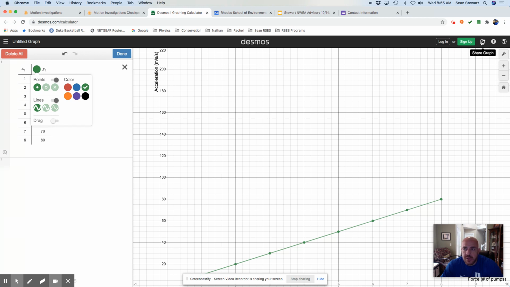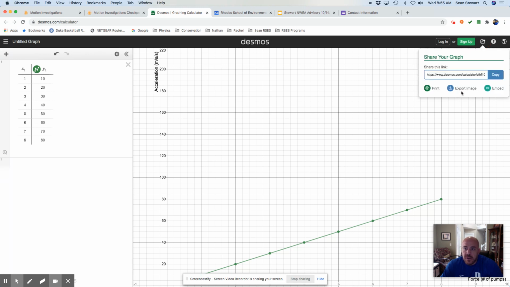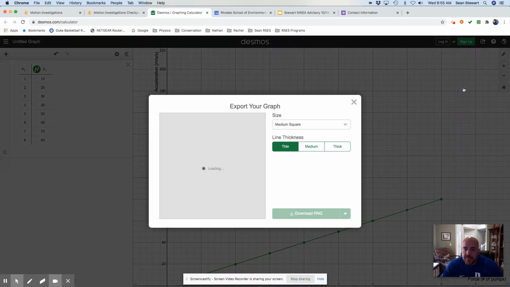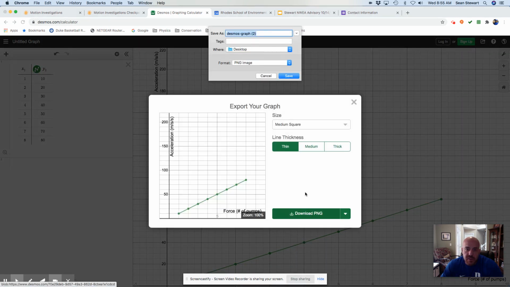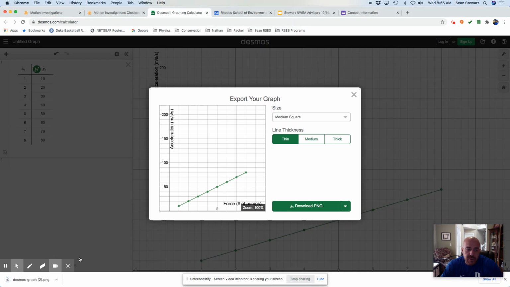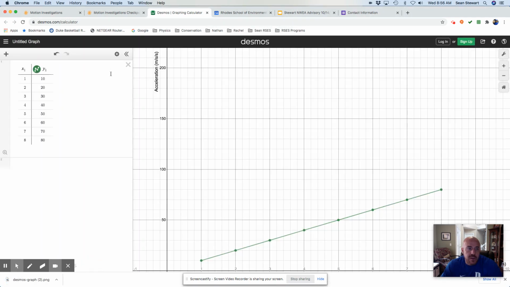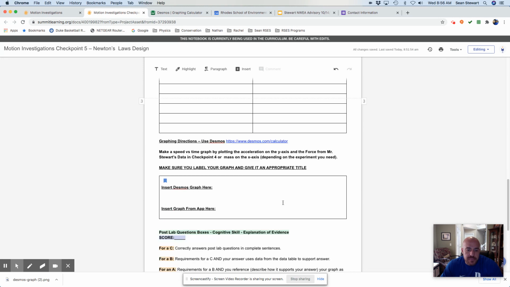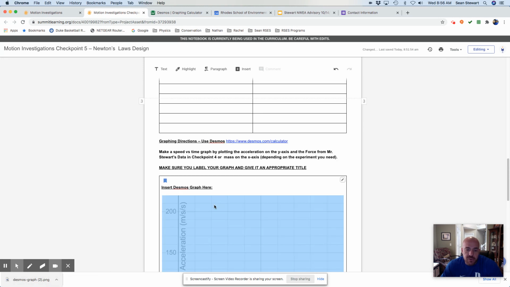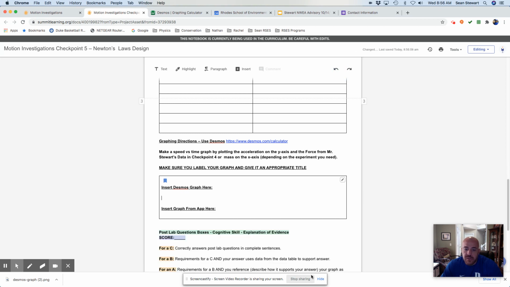and put it in my Summit. So I'm going to hit the Share Graph button next to the Sign Up button or where your name may be, the little box with the right arrow. Export image. Download PNG. If it offers to save, go ahead. If it doesn't, that's fine. Either way, it'll appear down here in the bottom left. I go to my checkpoint. Click, hold, and drag my downloaded graph right where I need it. That's all there is for checkpoint